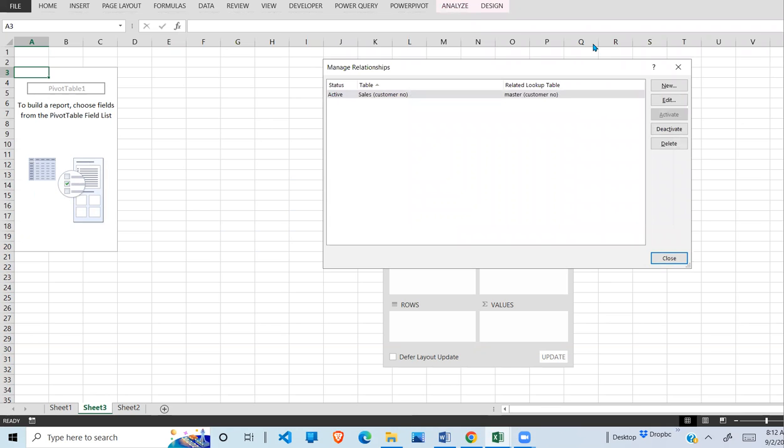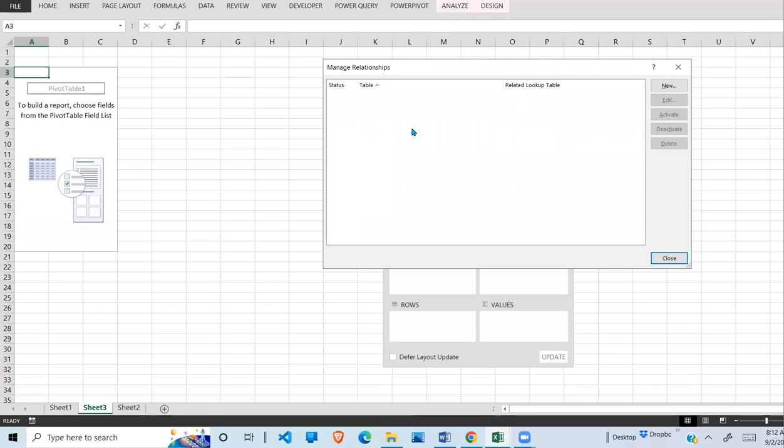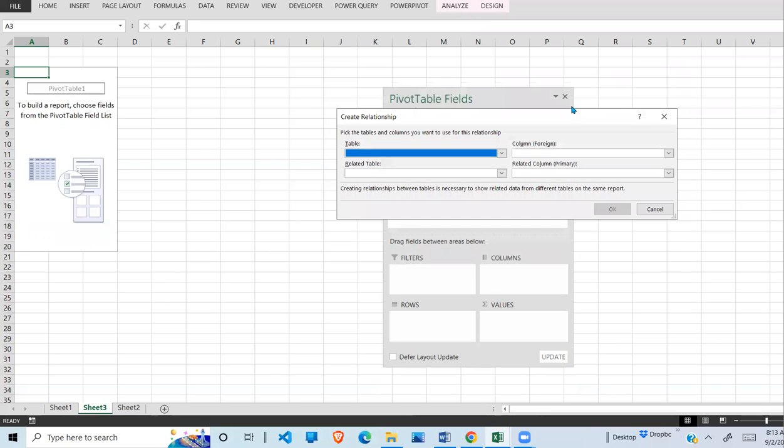So the moment I click on that, I think I had one there. Let me delete it and show you from scratch. So I click on new. On the first, it is saying foreign key, and down here it is saying primary key. So how is one table related to the other? I'm going to come here and say my sales here is related to